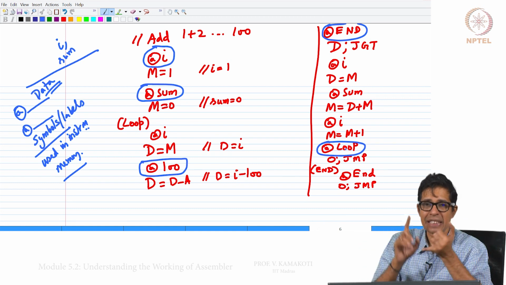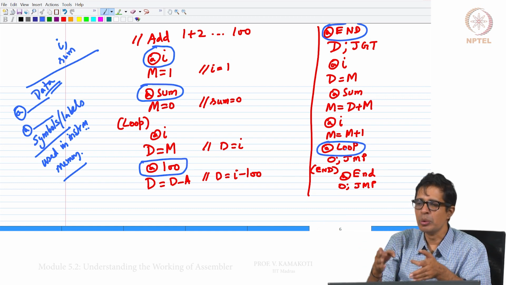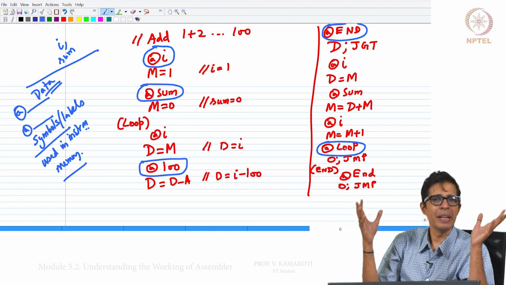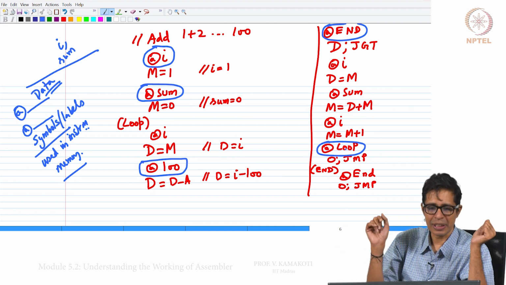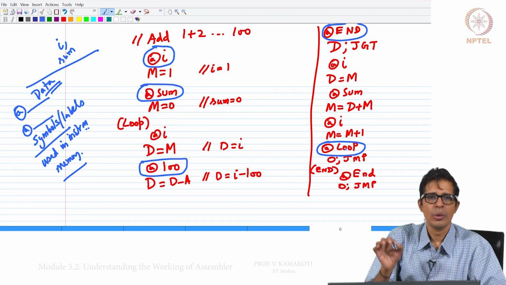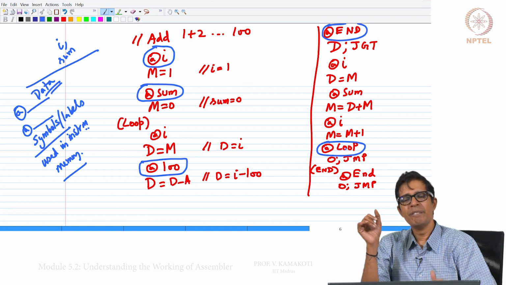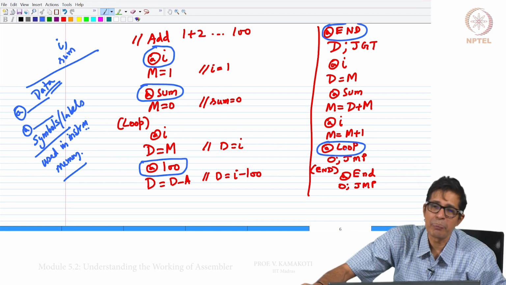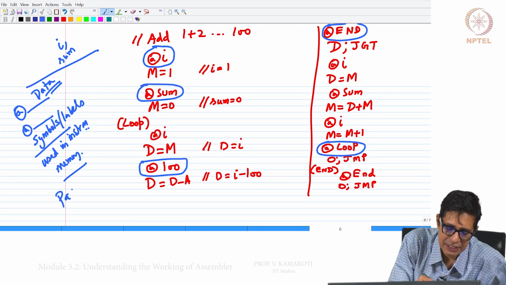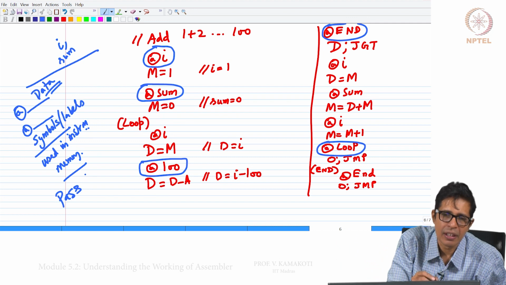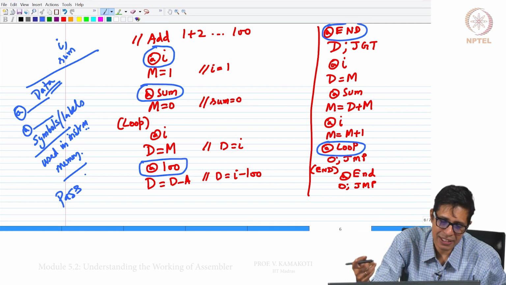I need to replace I, sum, loop, end, all these things with a 15-bit binary value, and that is very, very important here. So, the assembler will first go through this program once, that is called a pass. It will pass through this program once, and then it will pass through a second time.